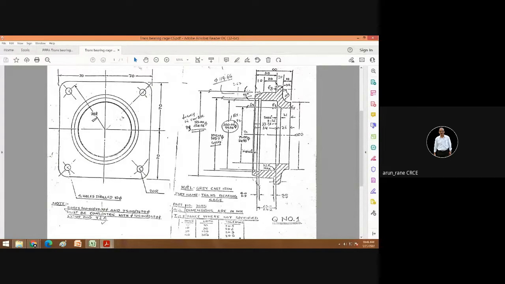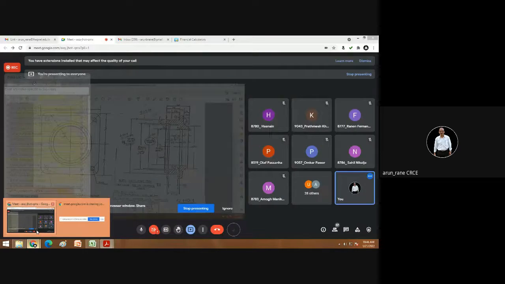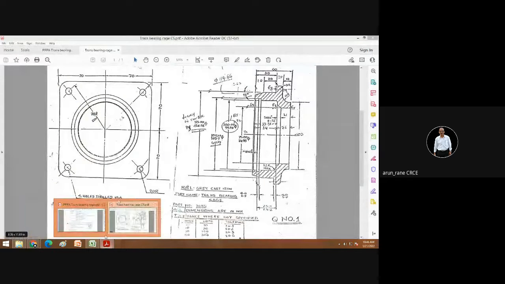Now you can hold it here in a soft jaw chuck, and you have to true this bore and then do the facing here and facing here. You have to face this surface so that you can obtain 60.